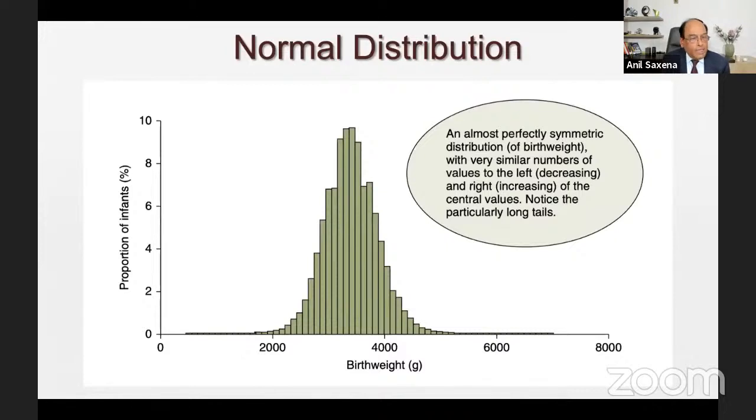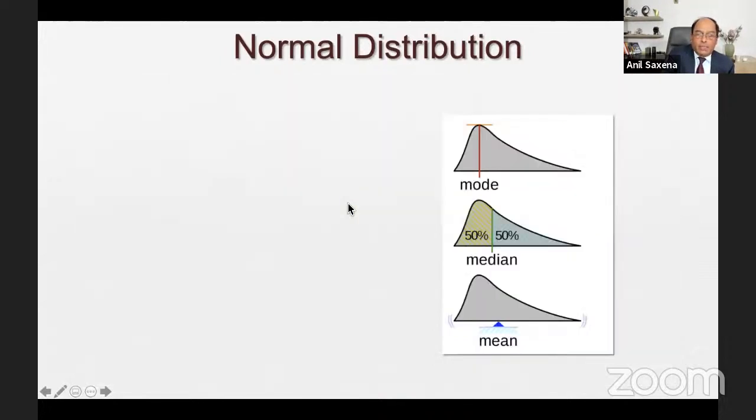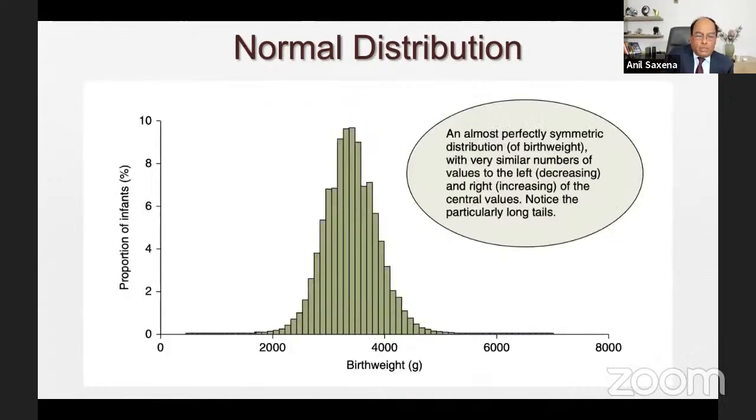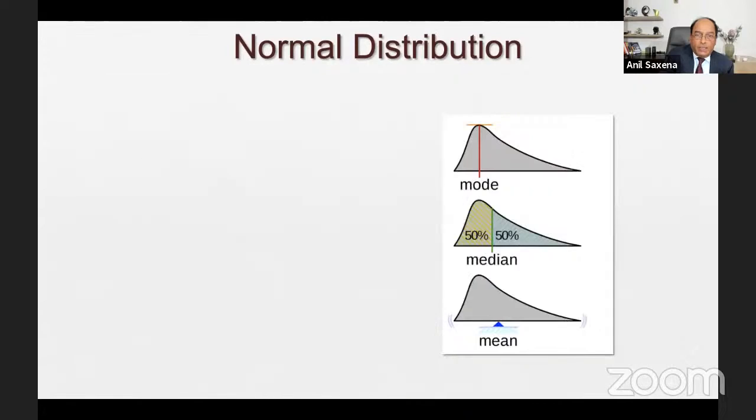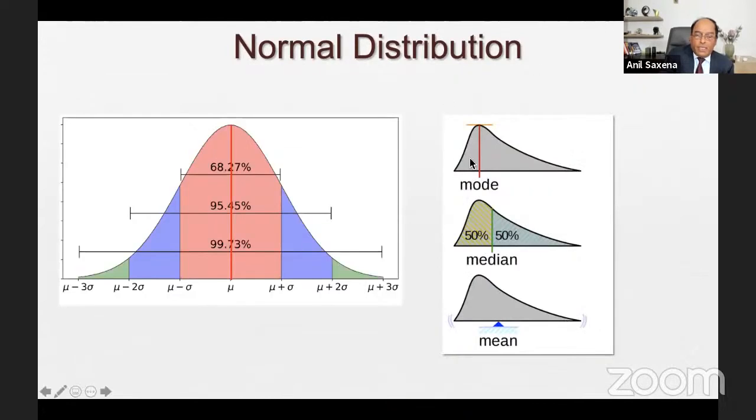Similarly, on the lower side, they will be distributed in the same manner. So most of the people will have this coming in the center, and that is called a normal distribution. And what is a skewed distribution? It is something like this, that there are more people on one side and fewer people on the other side. So when you look at the normal distribution, it's called the Gaussian normal distribution graph, where